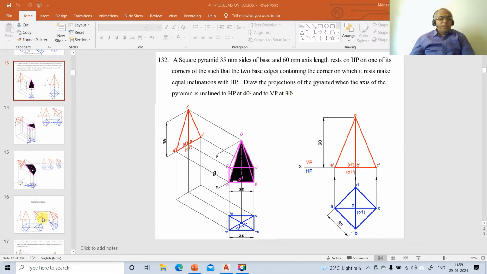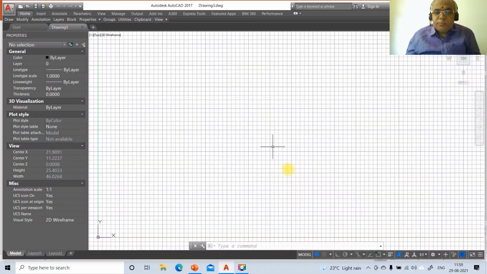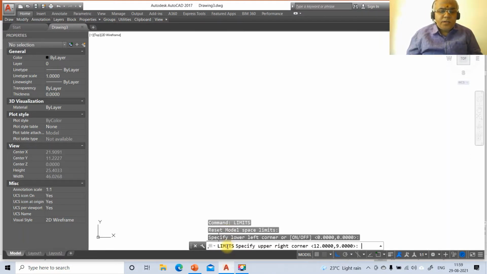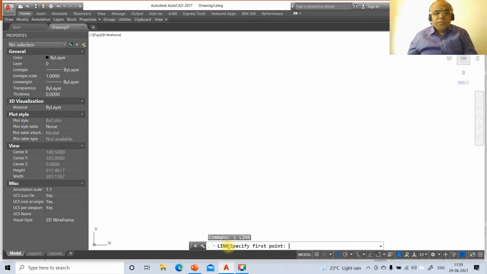So how to solve this problem by using AutoCAD software? Here, this is going to be the final solution. To do that, first we will go to the AutoCAD screen, switch off the grid mode and switch on the ortho mode. The command is limits, lower left corner 0, 0, upper right corner we will take 297, 210, then zoom all and go to line, select some arbitrary point and